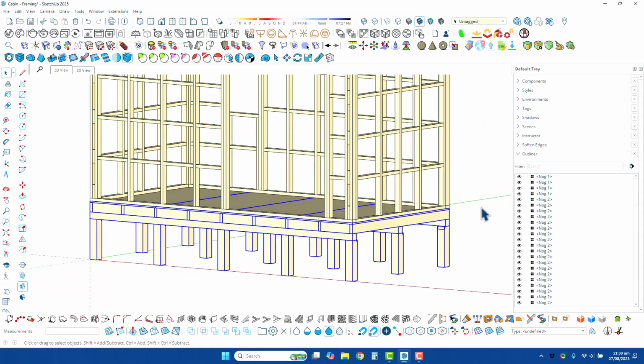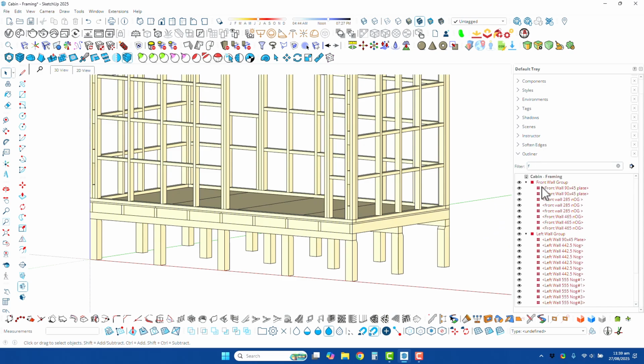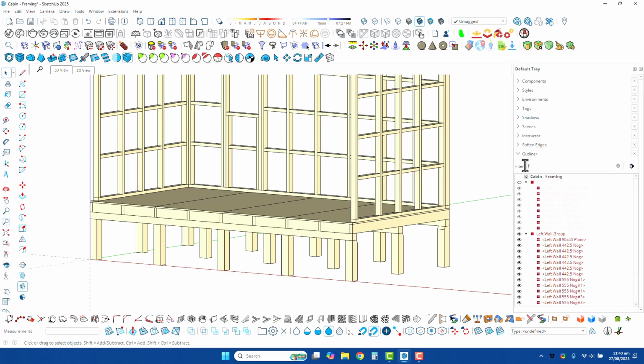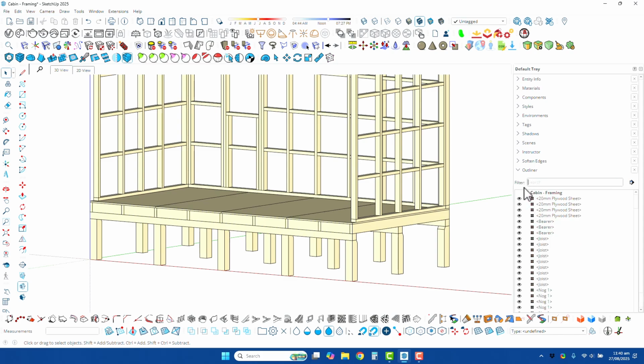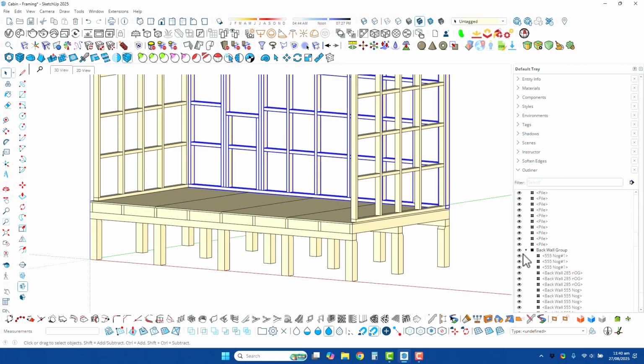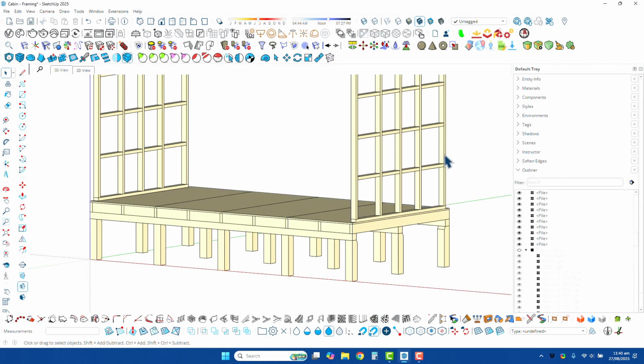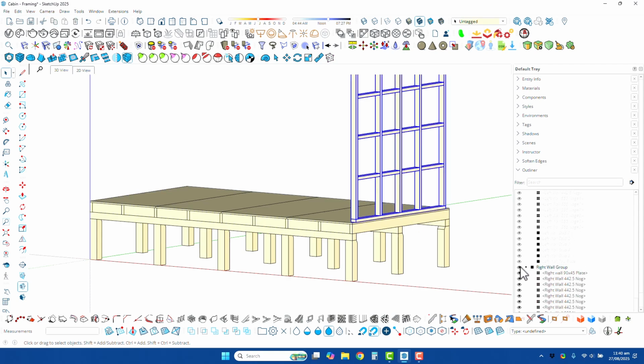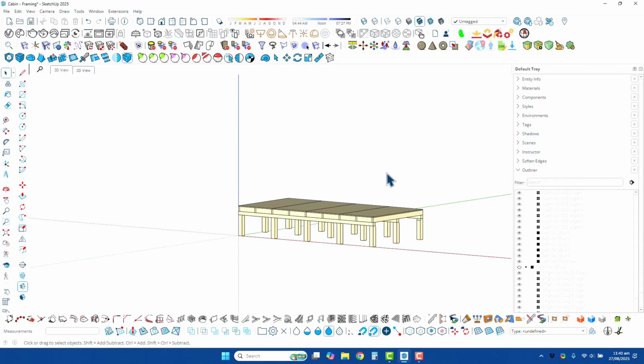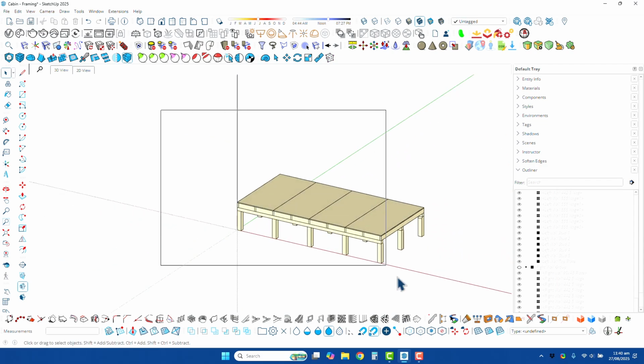What I could do is deselect. I can go to my walls, turn off those, the rear wall, I'll just click on it, it's probably simpler, back wall, and the side walls, get rid of those, and then it's far easier to see my geometry, easy to select,